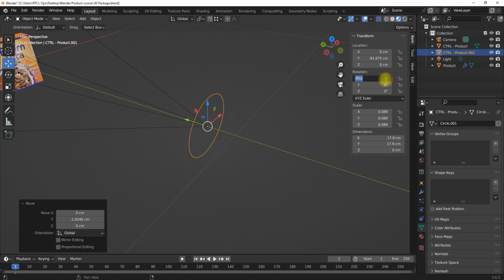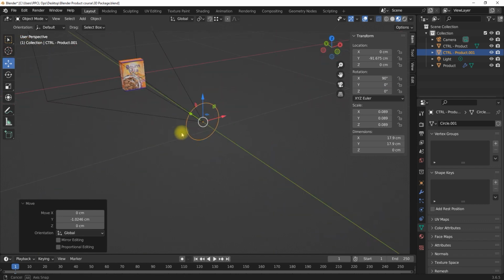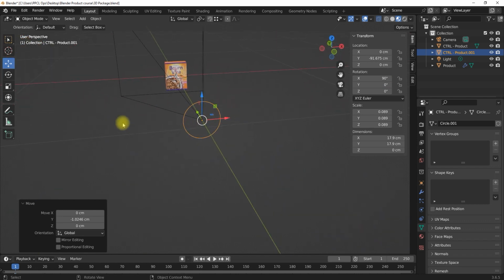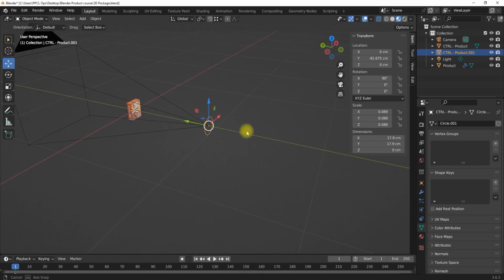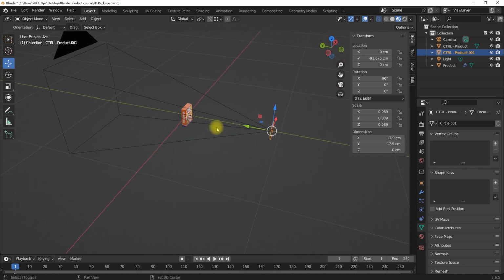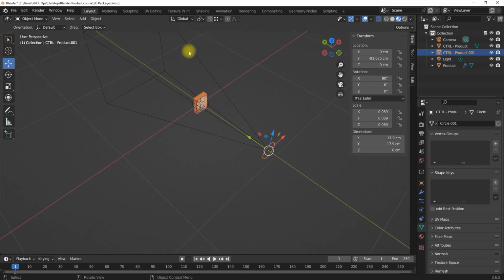So let's say this is the rotation we want. So let's just make this 90 degrees so that we have that. So this is going to be the rotation about Y, just rotating like so. Okay, so you will not really see that in a moment. So let's quickly start creating, or maybe I should create another control for the revolution around the product in case I want to change my mind. So I will